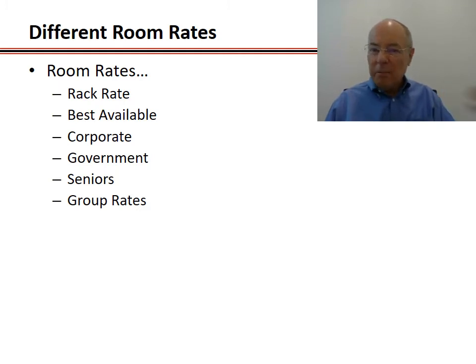And so probably going to be an area that's going to be looked at in how that's handled more effectively in the future. So corporate rate, I mentioned that right away. Oftentimes corporate rate is just considered a discount rate for the year. So in a lot of cases you just give one flat rate for the year or for a period of time, 6 months, whatever it may be. And that's when you have the problems with the bar rate. If your corporate rate is flexible to the bar rate, then obviously you don't have that.